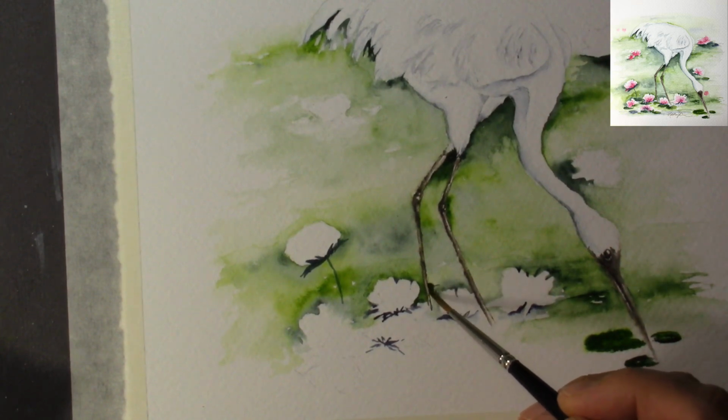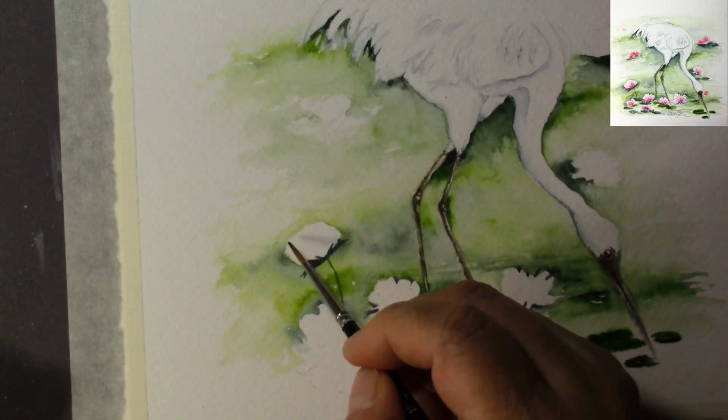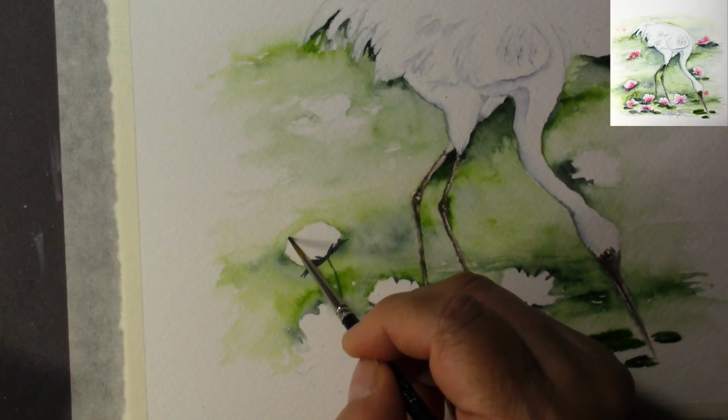Make a little bit of color over here so that it's consistent, because the only thing that separates this part with this part of the painting is just the sticky part of the leg of the crane, right? And so we need to make sure that it's believable. If there's a line coming through, then you need to make sure that line comes through the section. Does that make sense? The section area, okay? Okay, and just a little bit over here, then we can go into our